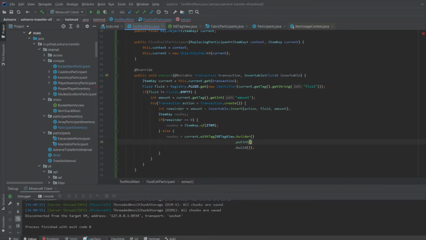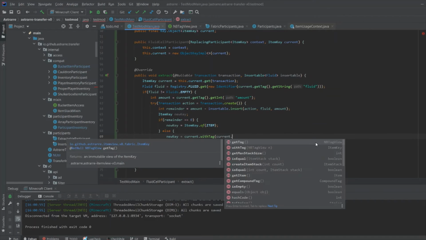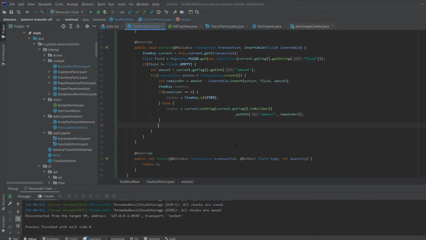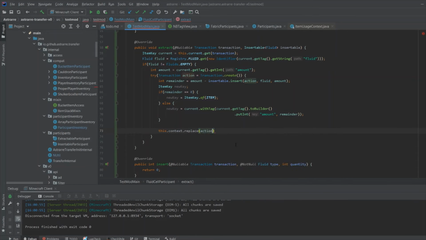We're gonna put int amount with the remainder. Instead of this, we're going to do current get tag builder. There we go. Okay. So this new key is the item we want to swap out. So this dot context replace action current 1. So there's one stack size. So I want to replace